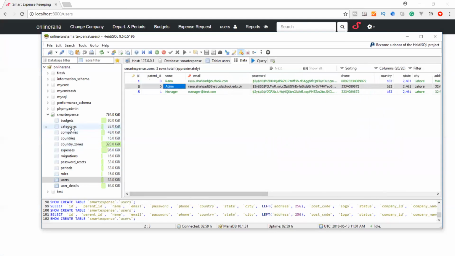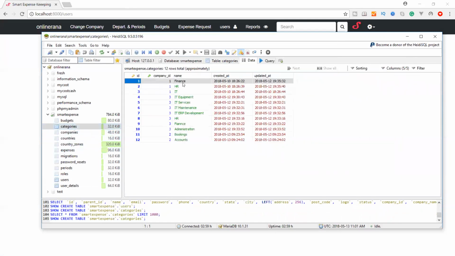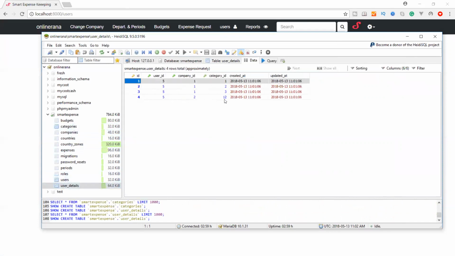In the category, finance is ID 1, HR is 2, and IT is 3. So these three departments, and booking 11 is allocated to this new user.